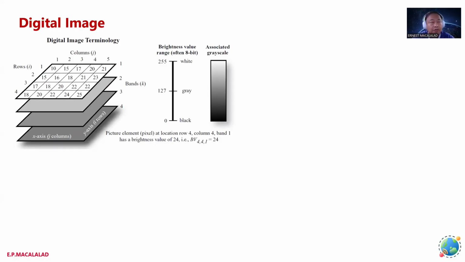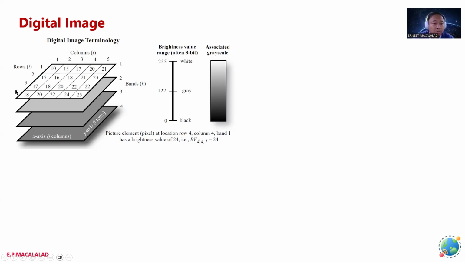If your remote sensing platform provides you multispectral data, you have several bands. So the platform takes an image of your target at different color bands or spectral bands. Okay. So for example, in this case, this remote sensing platform has four bands, so it will give you bands one, two, three, four. And each of those bands has two dimensions. It has rows and columns.